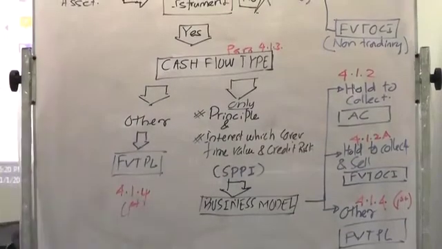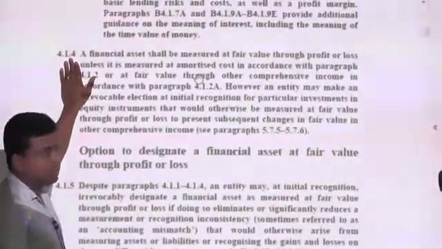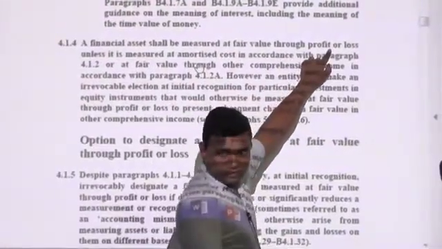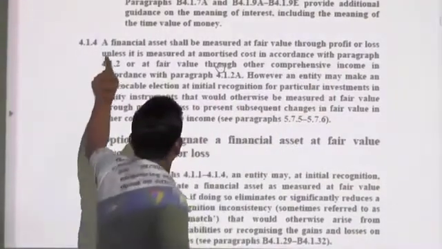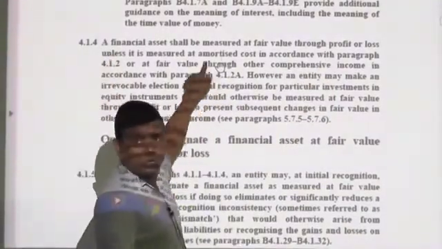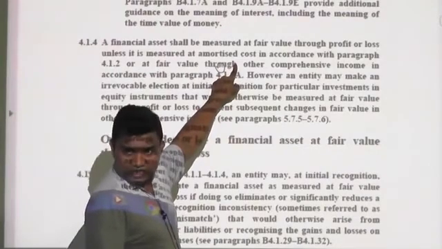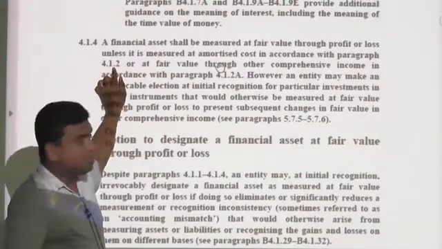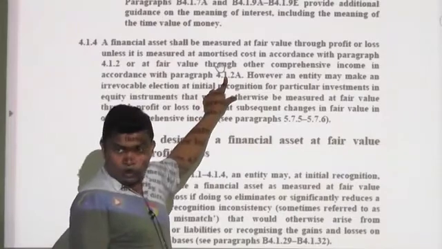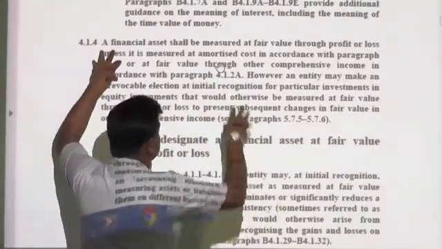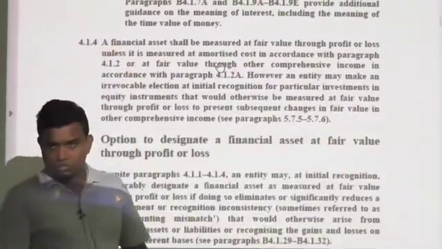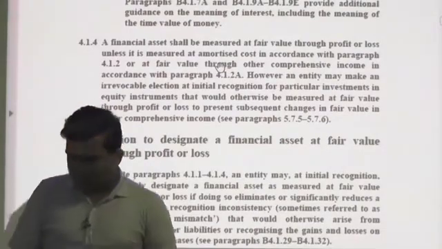Now let us see the first sentence of 414, right? A financial asset shall be measured at fair value through profit or loss, right? If it is not measured at 412 or 412A, is that clear? If it is not measured at 412, what is 412? Amortized cost. 412A, fair value through OCI. If it is not measured at amortized cost or fair value through OCI, it will be measured at fair value through profit and loss. Is that clear? Right. Then